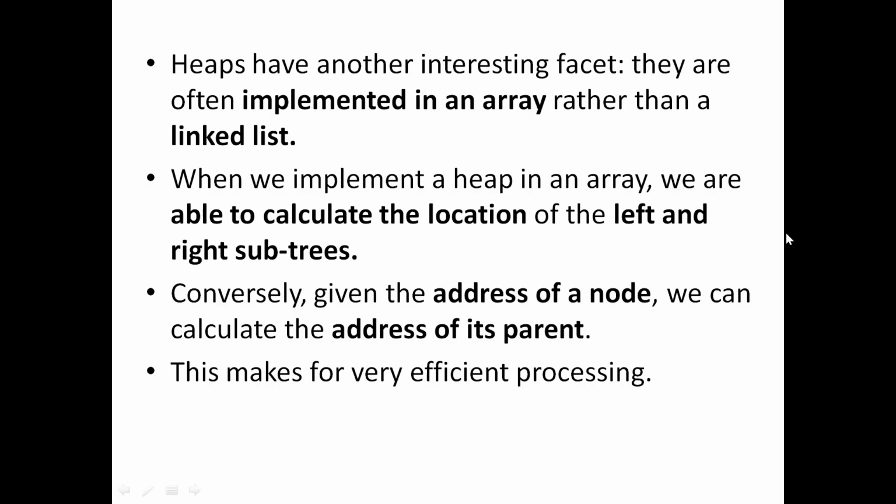That is another advantage of the heap tree, that it can be implemented using an array without any memory wastage. Because in a normal binary tree, such as a binary search tree, if you implement it using an array, you will find a lot of memory wastage because it need not be balanced. We know that a binary search tree doesn't require to be balanced, so that is going to have a lot of memory wastage. But this particular heap tree, like an AVL tree, is always balanced, and it is a complete or nearly complete binary tree.